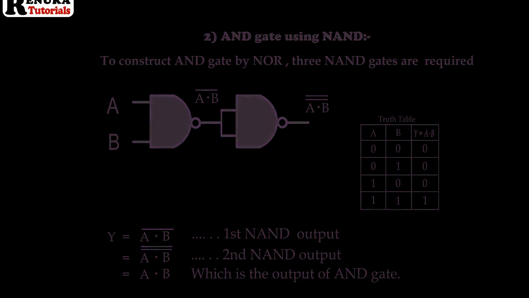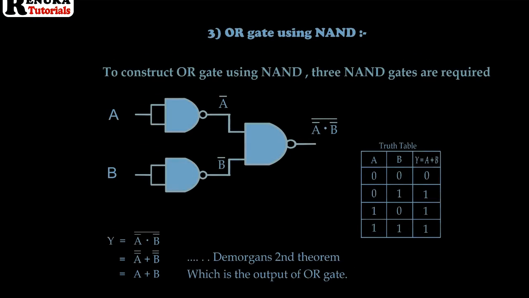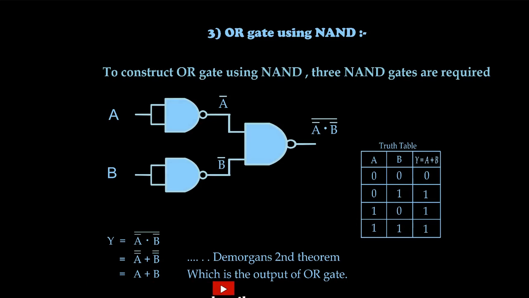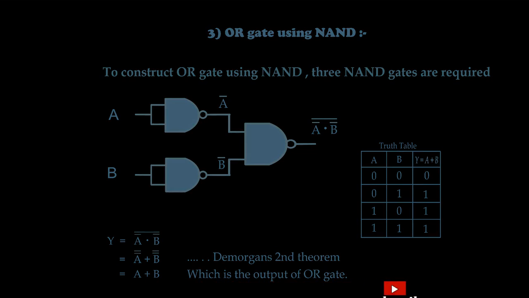We can construct OR gate using NAND gate. We require three NAND gates. First of all, the complements are done using NOT gates and the outputs of the NOT gates are connected to the third NAND gate. So here the output will be A complement dot B complement and whole complement. We use De Morgan's second theorem here: A dot B whole complement equals A complement plus B complement. So at the output, if De Morgan's theorem is applied, we can split the complement and we will get A double complement plus B double complement. Using Boolean algebra, the double complement is removed. So we will get A plus B at the output. So here we can construct OR gate using NAND gate.